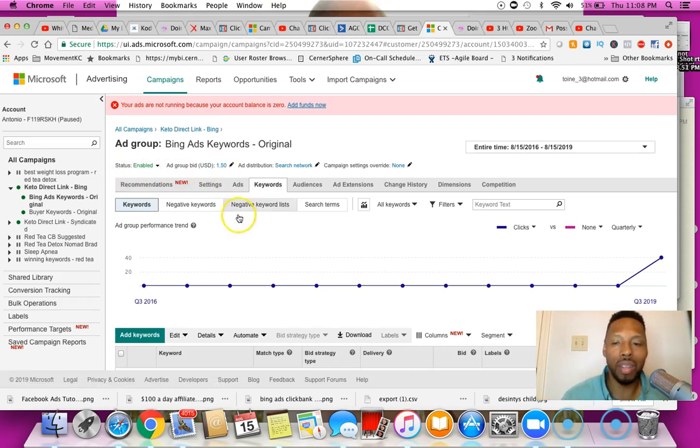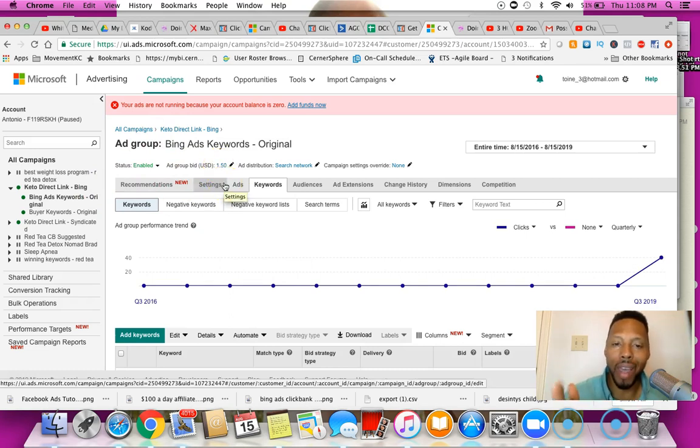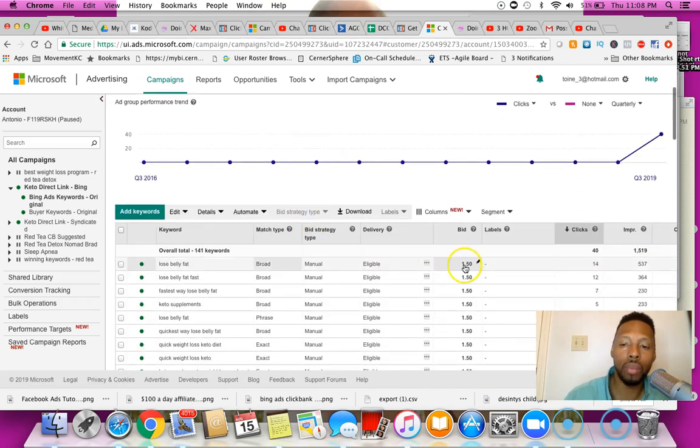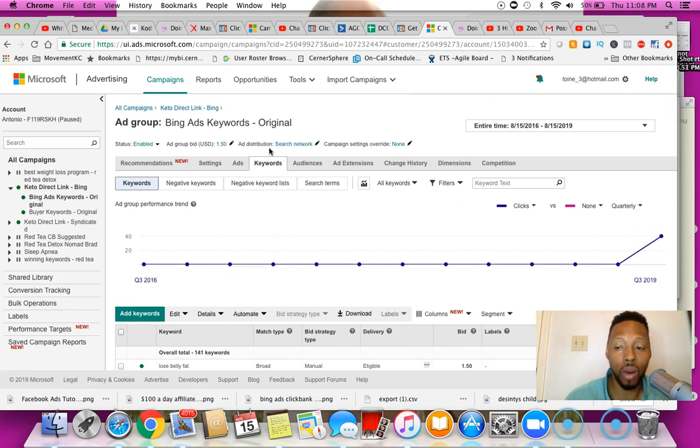What you'll notice is that sometimes whenever you run your Bing ads, they'll sit and it seems like there are no clicks. Sometimes you have to increase the ad bid per keyword. Originally, I started at about $1. I wasn't getting any traffic whatsoever. Then I put $1.50 and waited for 24 hours. There was no traffic. I put $1.50 for each click. Yes, that is a lot. I know what you guys are saying. And then things began to start running.